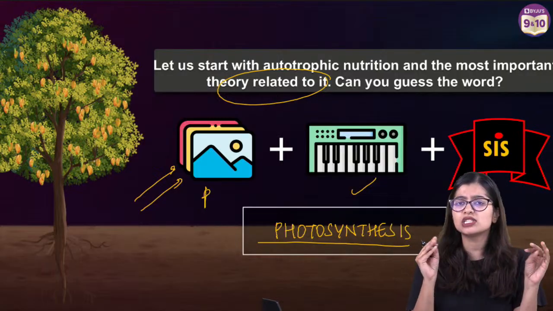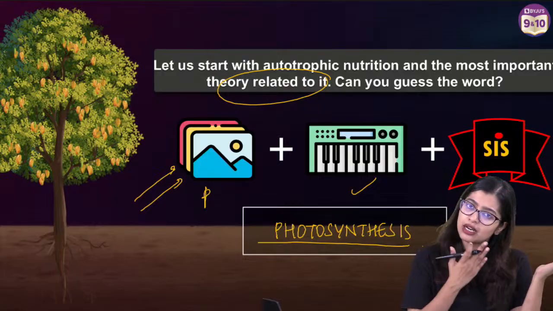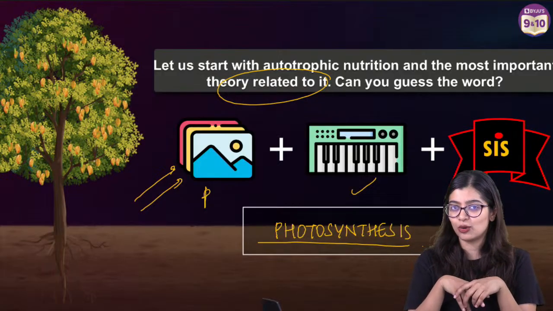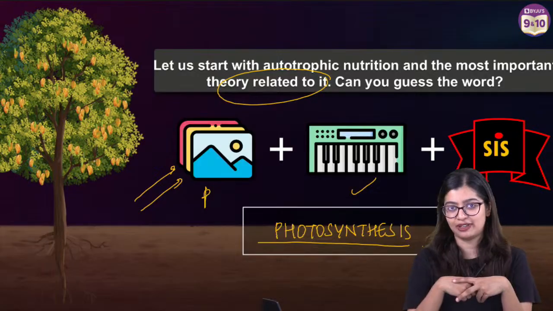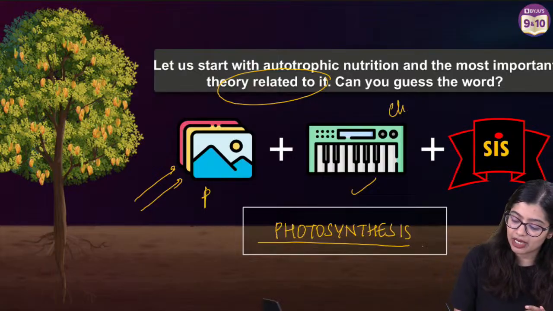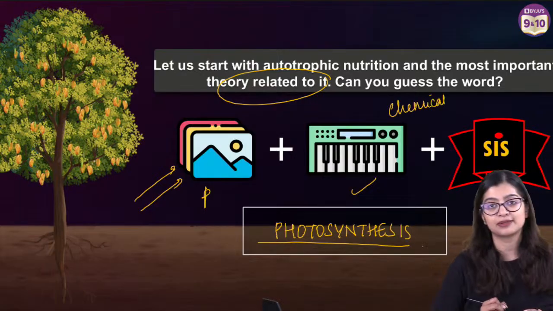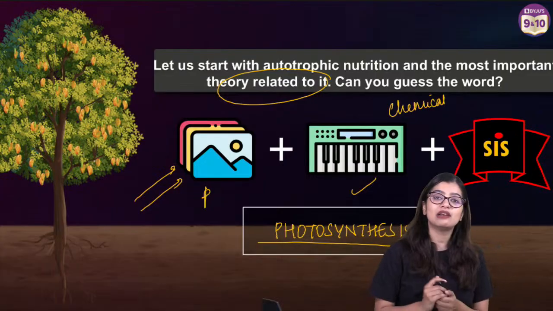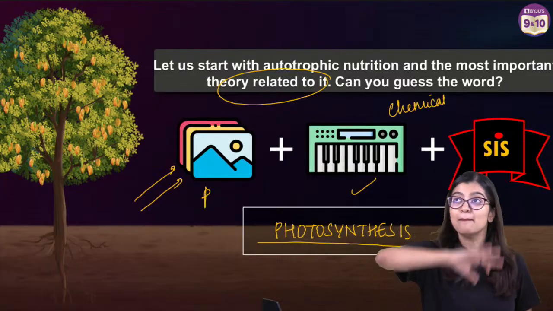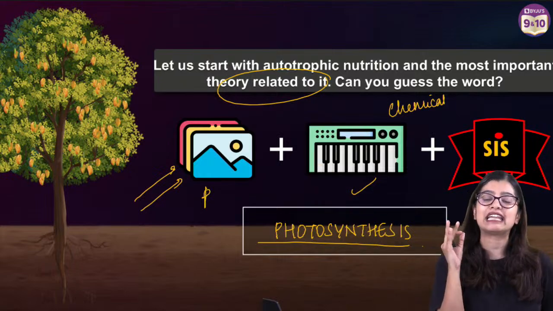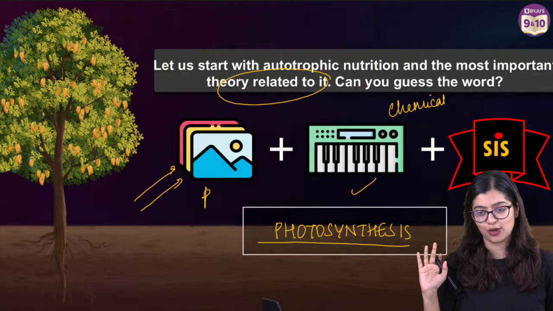Photosynthesis is something that we've been hearing about. I'll tell you, photosynthesis is not new to us. We've been learning about it right from our lower grades. But what happens from 10th standard? Photosynthesis starts becoming different. Different how? You will now realize how many chemical reactions are involved in this. Then when you go to your higher grades, especially in 11th standard, you will not like photosynthesis because of the number of chemical reactions that are going to take place, right? Photosynthesis gets an entire perspective from 10th standard onwards.